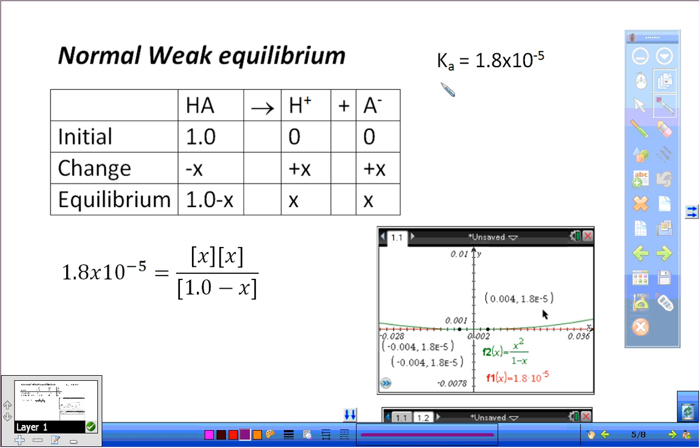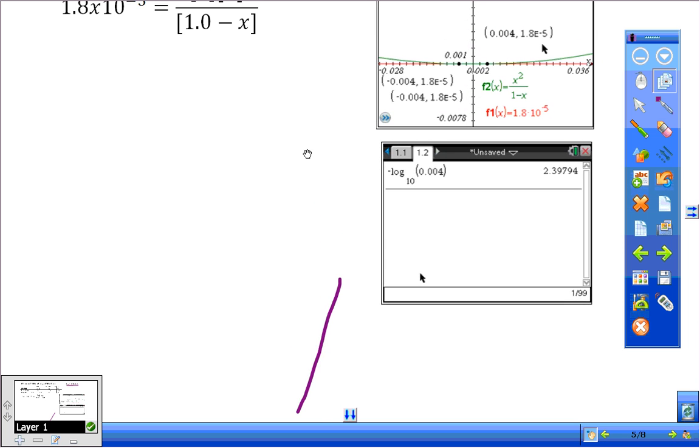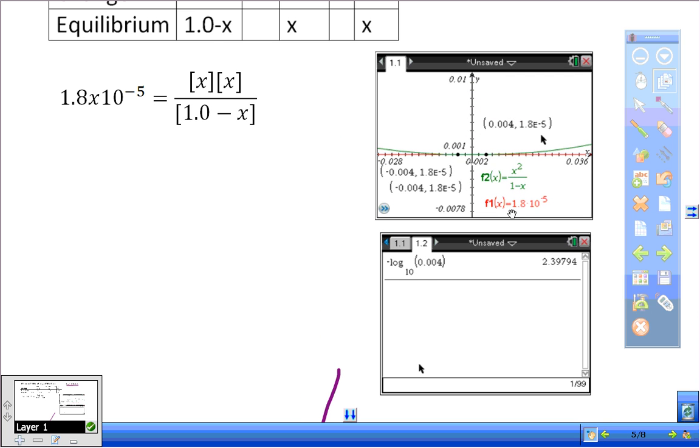Now, I used the Ka for acetic acid. Just acetic acid is a nice one to use in this particular case. What I did is I took this equation and I actually graphed it. If we look at the graph here, in F1 I put in the K value, and in F2 I put in the ratio, and then I zoomed in a bunch so that we could